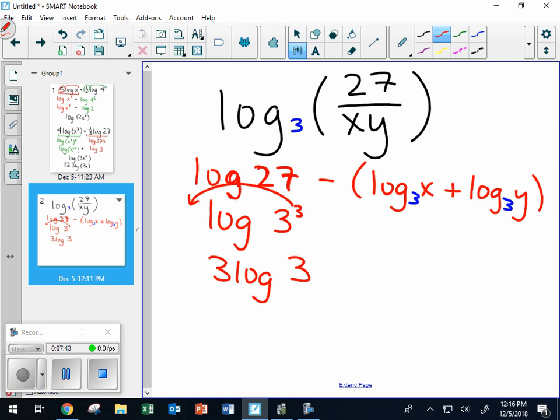I get asked a lot, is that more expanded? And I don't know what to tell them other than it's a little wider because it's got a 3 in the front of it. And so, yeah, we usually require you to expand it. So what Mr. Server is saying is, if you can expand it or find some kind of exponent that you can then factor out, like we did here,